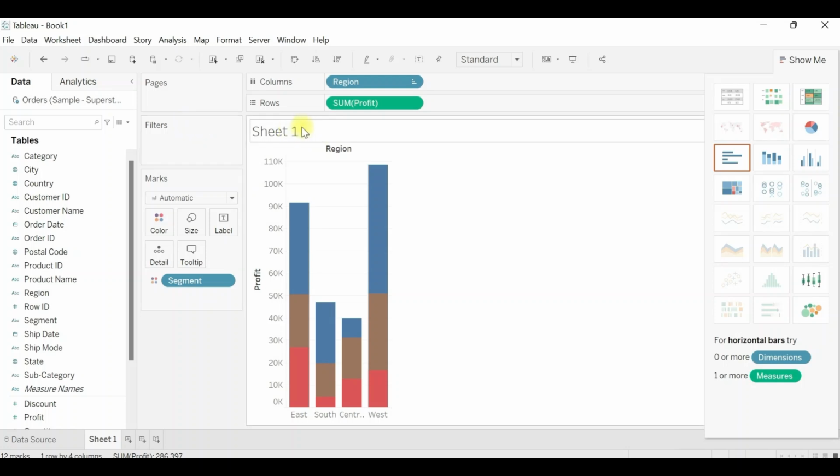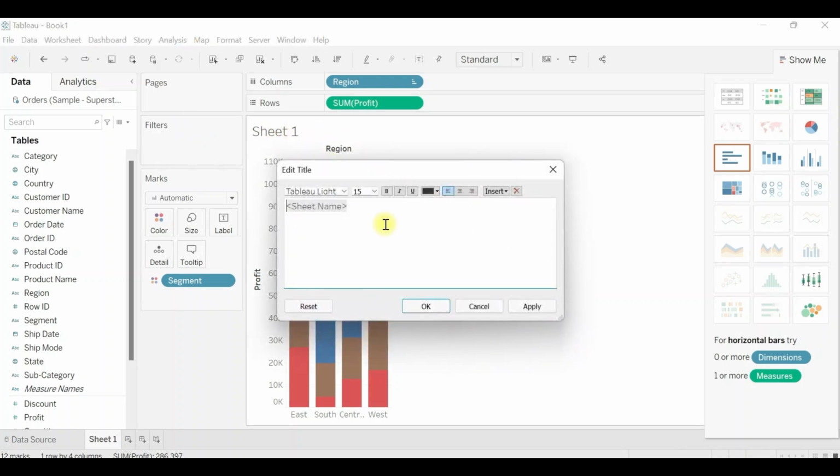Also, you can rename this sheet 1. You can double click and a pop-up comes up stating the sheet name. Give the sheet name. For example, I'll give it as bar graph and remove this sheet name. Click on apply and click on OK.